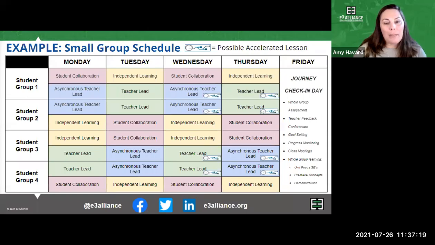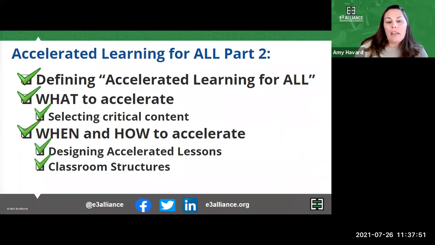And this might not be throughout the unit. Again, this might be towards the end of the unit during a week where acceleration is scheduled. So you can see that it takes place ahead of the next unit, and it generally takes place in teacher-led stations. So this is another example of a way for a teacher to integrate some accelerated learning lessons for all students, or for the students that are most likely to need it, without necessarily having to have extra time throughout your day or your schedule.